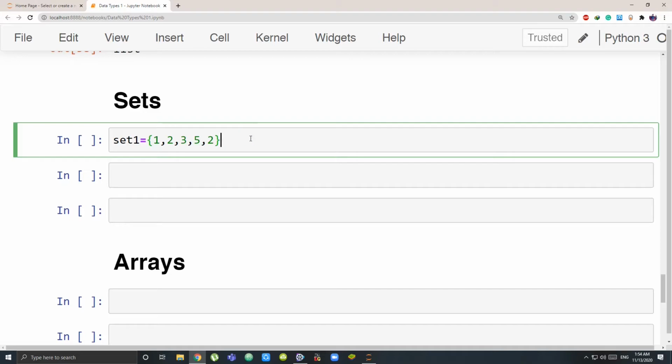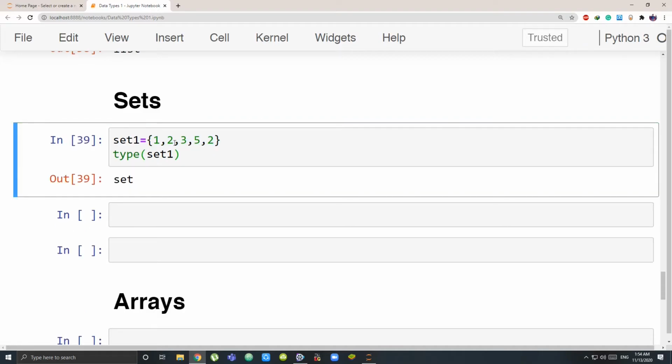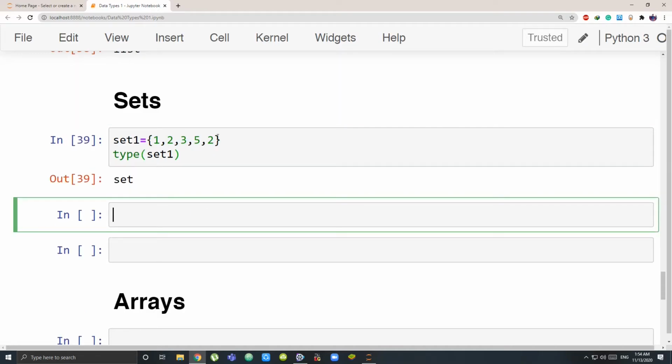What can I store inside a set? That's again a topic of discussion. I can store only immutable data types. What do I mean by immutable? My entries in the set can be either integers, or integer and tuple, or a combination of integer, tuple and string. These are 3 immutable types that you have seen. You can't have a list because list is not immutable. You can change the elements. So let's check that further. What is the type of set 1?